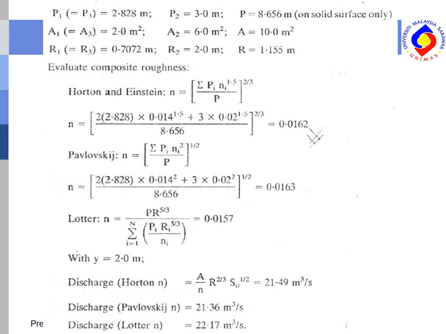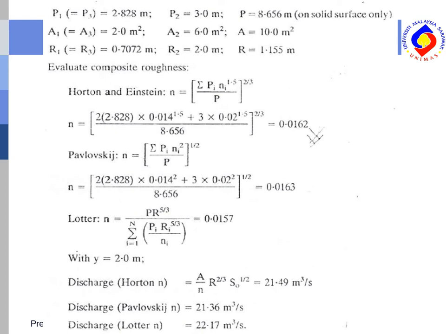For the Pavlovsky, it's actually the summation of P1 multiplied by N1 square plus P2 multiplied by N2 square plus P3 multiplied by N3 square, divided by the total P, to the power of 1 over 2. While for the Lotter,